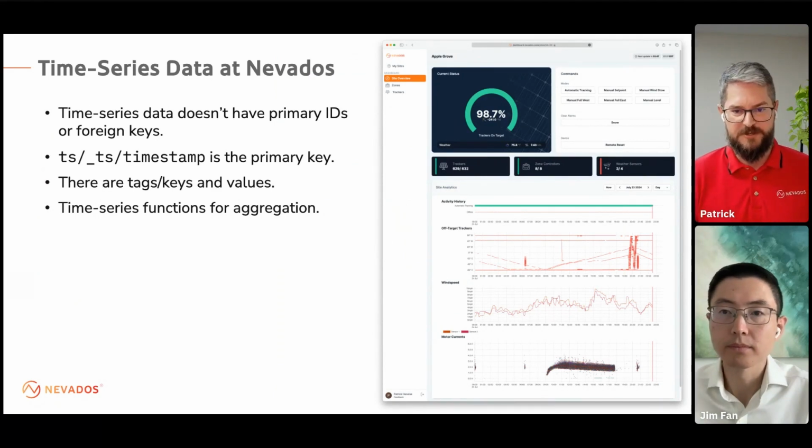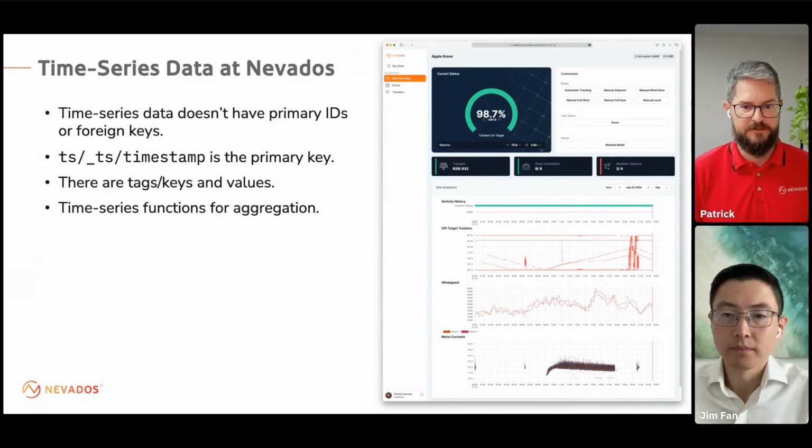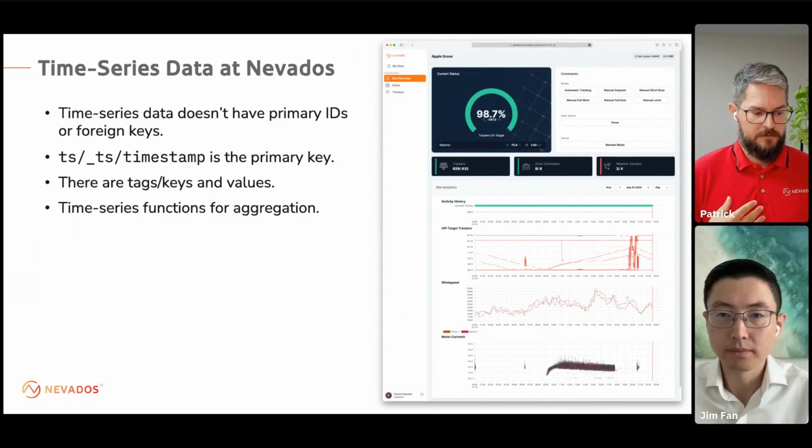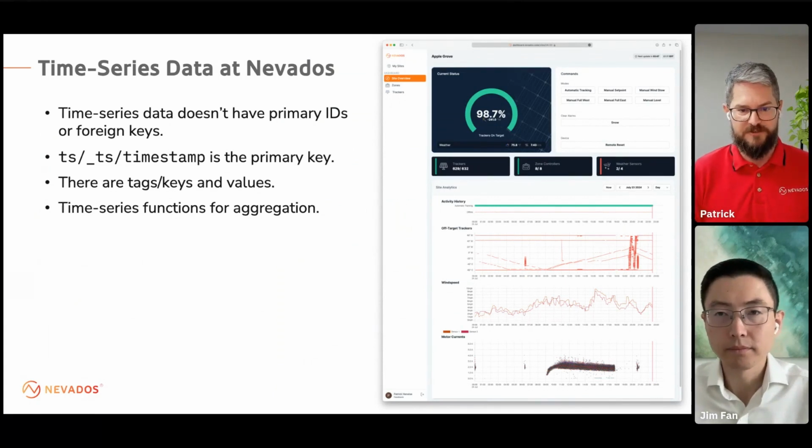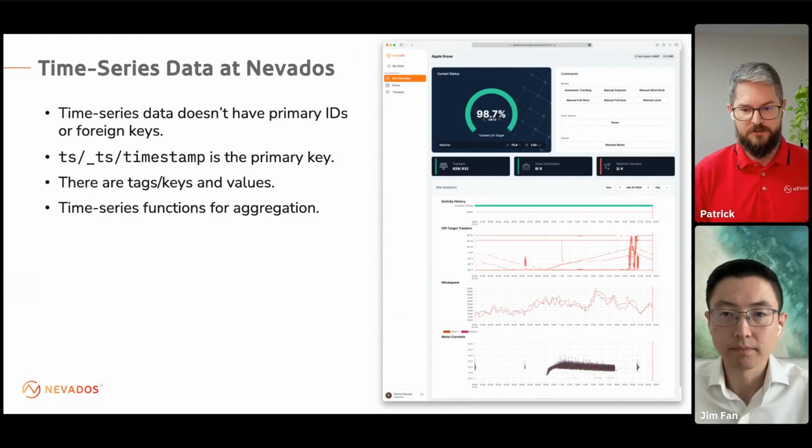And we try to help them as much as possible with color coding and reports and filtering to direct them to the issue as quickly as possible and give them all the tools they need to debug, because there's so much stuff going on with these sites, with a tracker. There's so much data coming in, so many things that can go wrong. So this is a great tool for everyone to quickly debug, see what's going on, and then decide if they need to send field staff out there